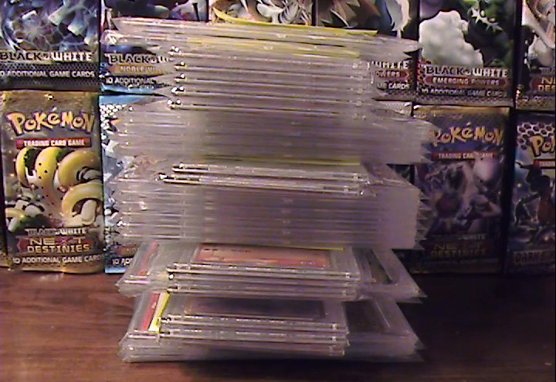Hey guys, it's Silver Snorlax, and that uniquely stacked pile of PSA cards is in fact PSA Returns number 7. 9 different users, including myself, and about 30 different cards. So what I'm going to do is what I always do: break them down, show you what everybody got, and don't forget you can check out links to the different users